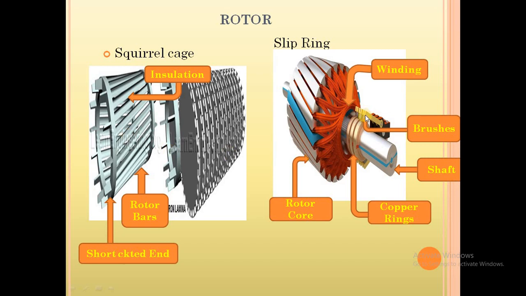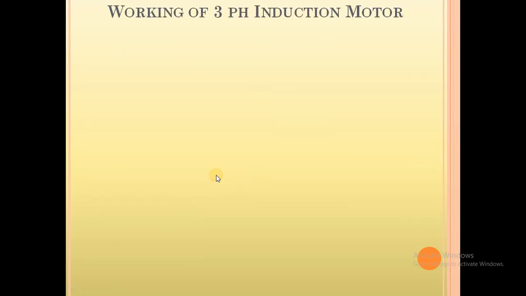That is unlike the slip ring induction motor, where there is a provision for an external circuit. In this case, as both ends are short circuited, the rotor is not accessible and external resistance cannot be added in this type of rotor. So this is a disadvantage of the squirrel cage induction motor. Hence, we cannot get the required torque speed characteristics by external resistance like in the case of the slip ring induction motor.